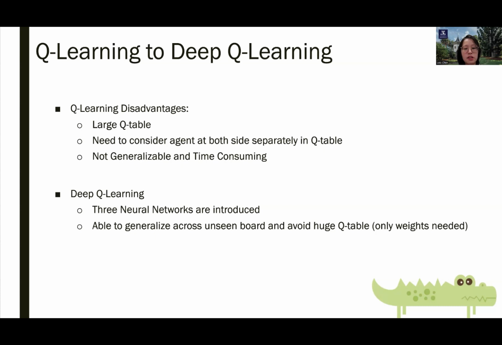This is because in a game as large as sequence, it is hard for the agent to see all configurations. Hence, a Q-table approach cannot generalize, and the model would take an impractical amount of time and computing resources to converge to anything close to optimal. Hence, a deep Q-learning approach is implemented. By introducing a neural network, we can generalize across unseen board configurations and avoid storing every state action pair by only saving the network weights.